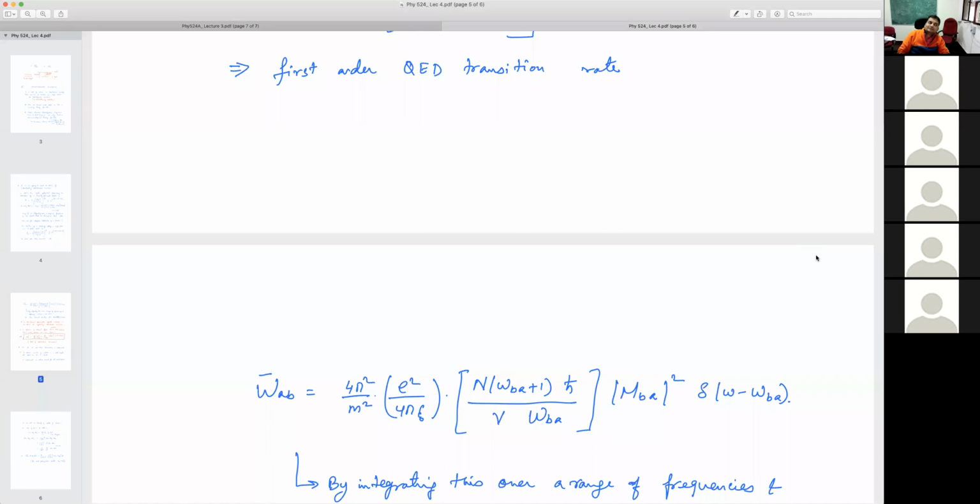Can the spontaneous absorption part be shown in the calculations, or are we only seeing the stimulated? That's a very good point, actually. This is not there in the calculation, whatever I showed till now. Let me think a bit more about it. Maybe it manifests as a higher order process, or something else is happening. I do not know.